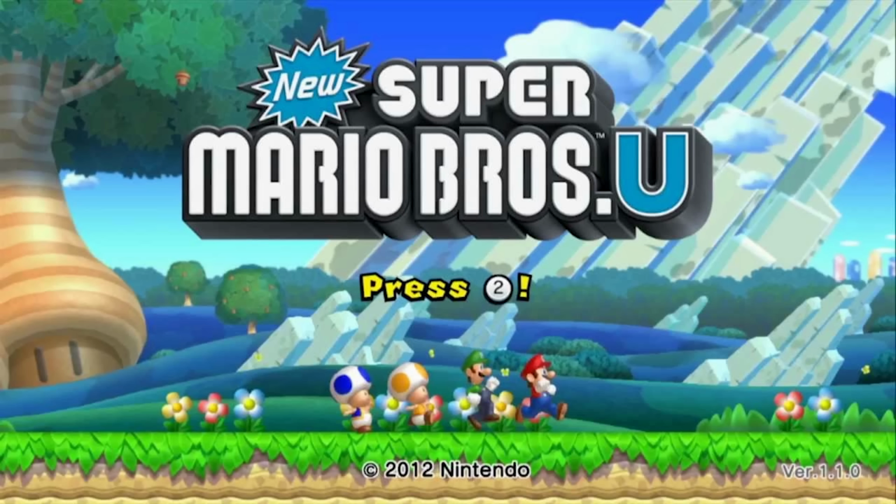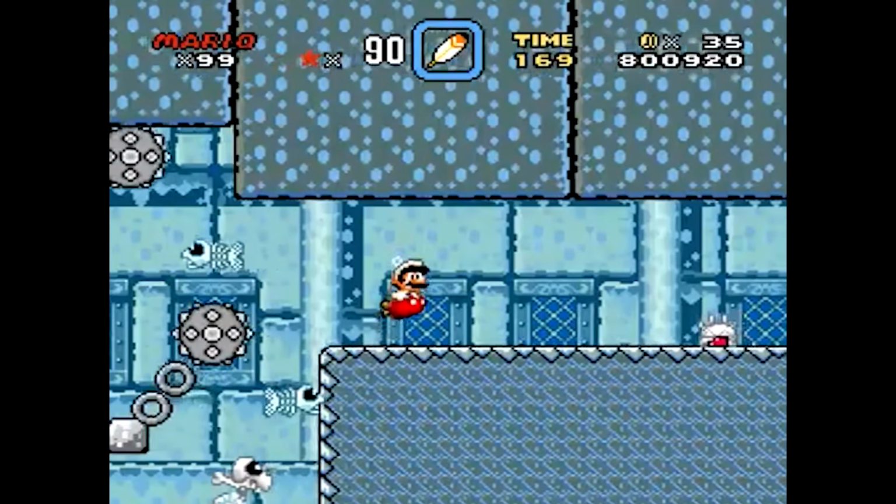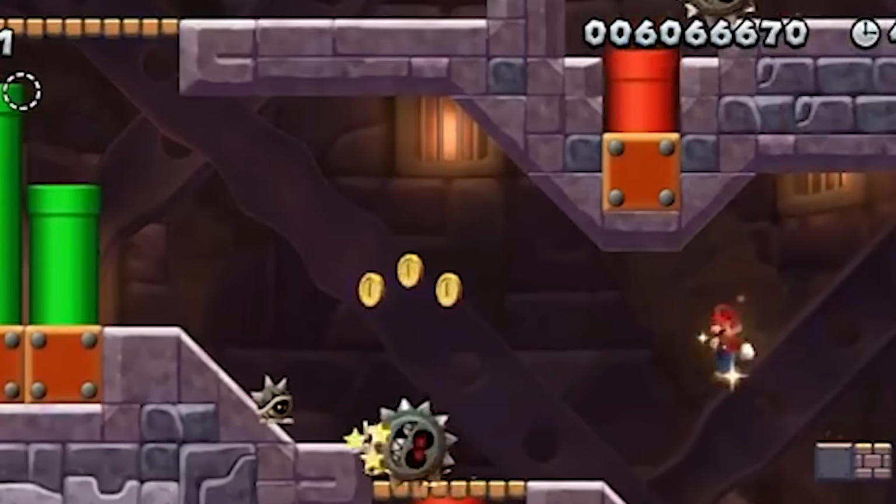The final installment of the New Super Mario Bros. sub-series came out for the Wii U, then was later released in a deluxe version on the Switch. Having two enemies I want to look at that got burned from my memory, starting with the Bony Beetle. This foe premiered in Super Mario World, only in the Vanilla Fortress stage, here showing up in a few tower